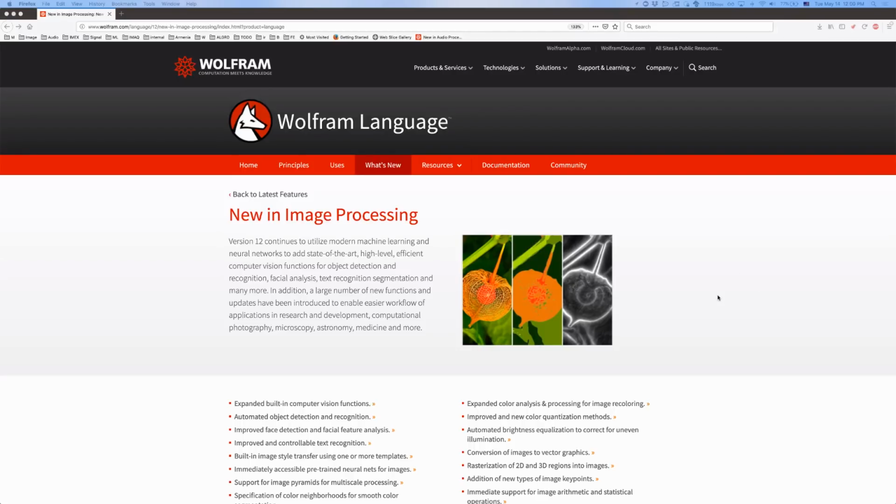Image processing has been a part of the language since version 7. So it's a number of years, a number of releases that we have had image processing capabilities within the Wolfram language. The focus for us in the recent releases, definitely 11 and 12, has been to utilize the modern machine learning and neural nets capabilities that are as well built into the system, and make sure whenever we can create a function built into the system that can leverage those capabilities to enable efficient and more accurate image computations,